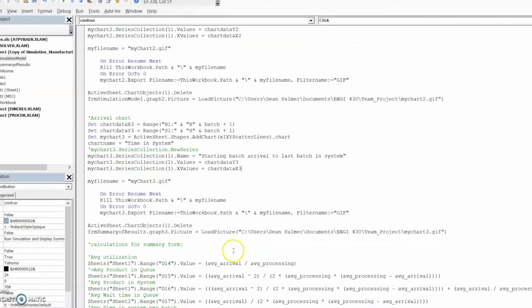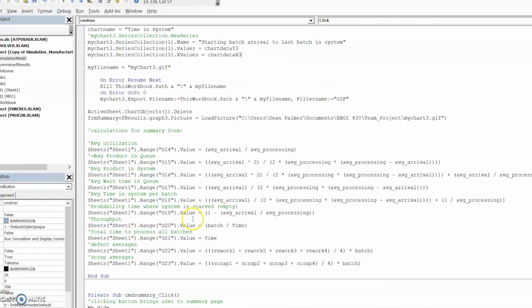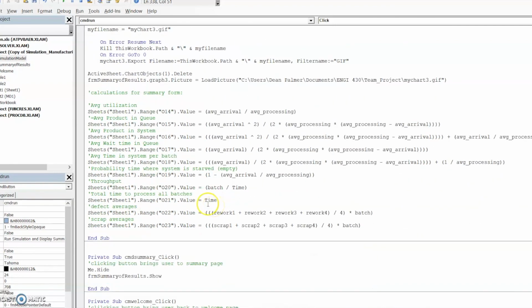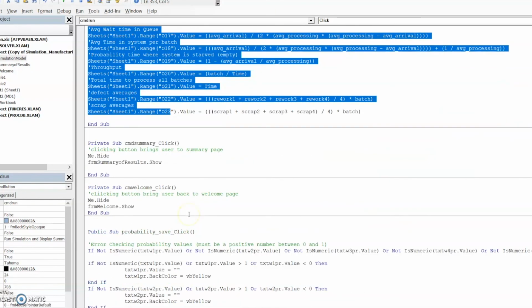See the time. Then we just go to calculations for the summary form. This is all those outputted calculations that you saw. That's all saved to a sheet. So these pull the values from that sheet. And then these are pretty much just hiding and showing different